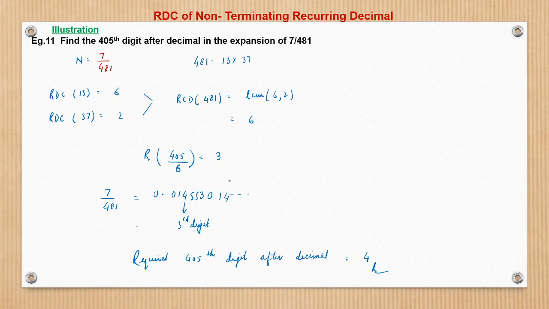For smaller numbers, if the calculator gives up to, from here we can see the number starts repeating from 1. So sorry, here 0, 0, 1, 4, 5, 5, 3, then again 0, 1, 4. So we need not have found this RDC here, because the calculator gives that. If the calculator gives up to 8 or 9 digits, the 6 digit cyclicity will be captured. But if the RDC actually is higher, as in the case of 17 or something, then in that case this method is useful, right?